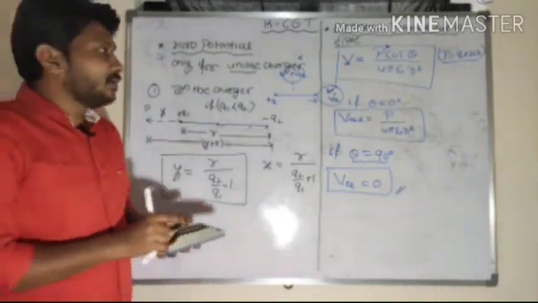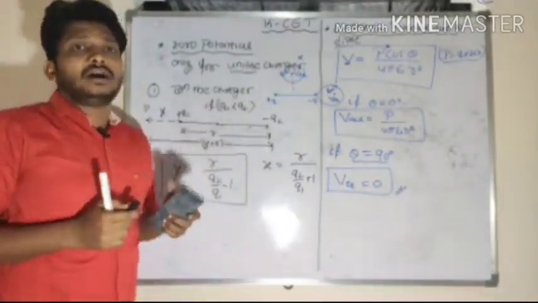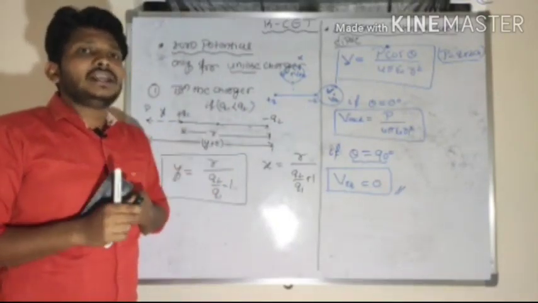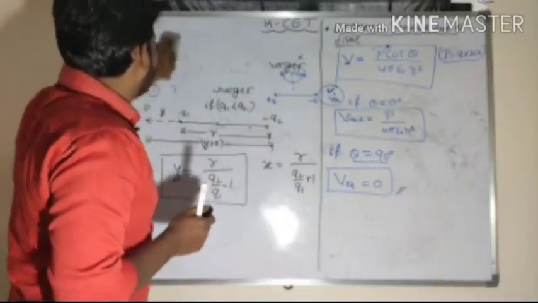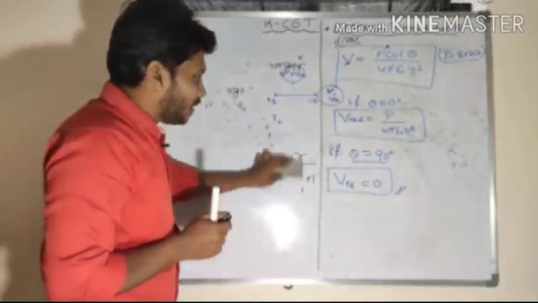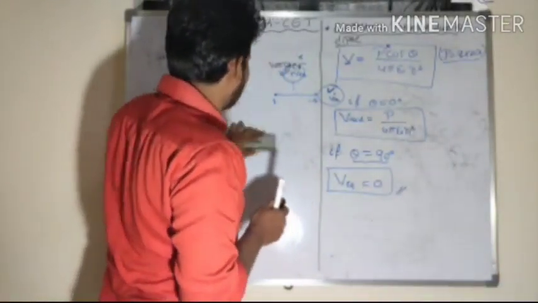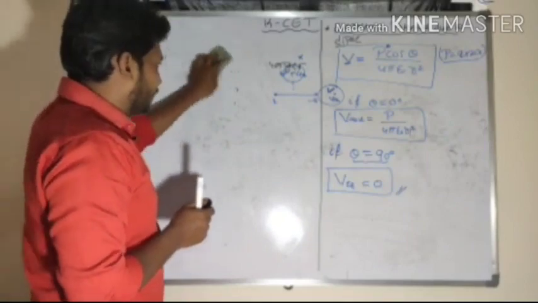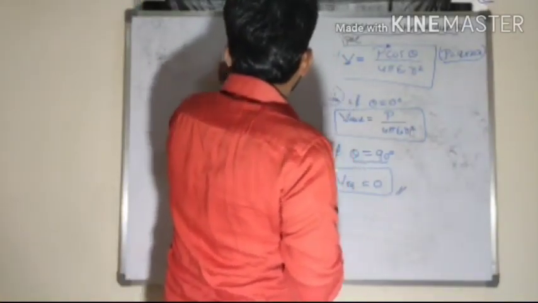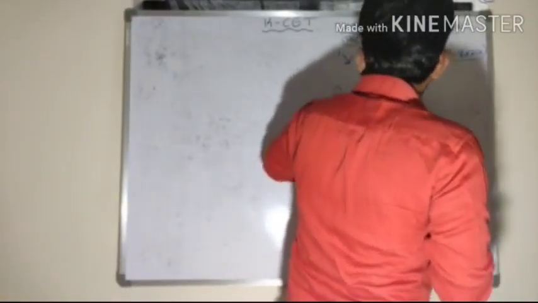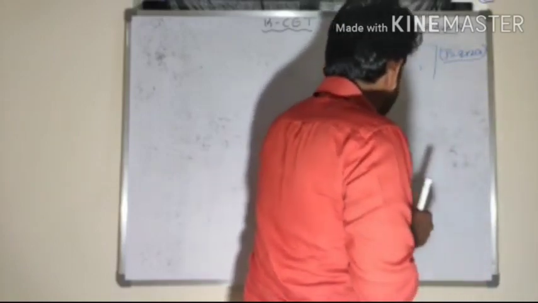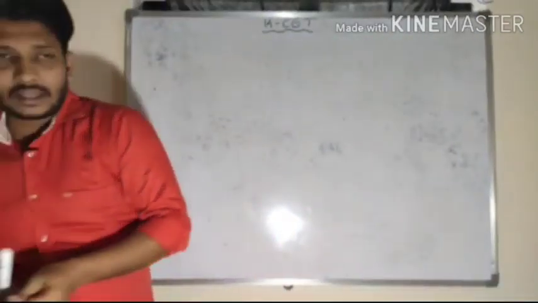Now, for example, I will consider a conducting sphere or hollow shell. In case of that hollow shell, what will be the equation for potential? If the point of observation is outside the hollow shell, on the surface of the hollow shell, as well as inside the hollow shell. So let me consider a spherical shell here. In case of that spherical shell, I will choose different positions. On that particular location, what will be the value of potential I need to find out? So let me write that.